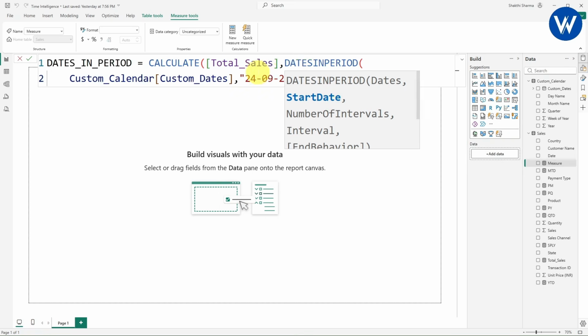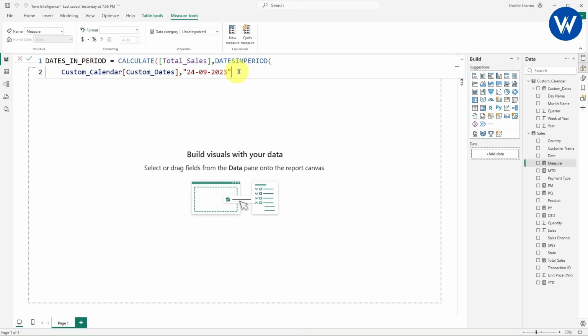Right. Let me zoom out guys, I think it is not visible. Okay. So from the starting date, which is 24 September 2023, I want 10 days, right? So basically I want a total of 10 days of records. Now instead of 10 days, I will be taking 7 days here. Basically I want to find only the September month total sale. The remaining days are 24, 25, 26, 27, 28, 29 and 30. So 7 days are left in the September month. So here I want to find only the September month record. So the starting date is 24th September 2023 and the interval is 7.